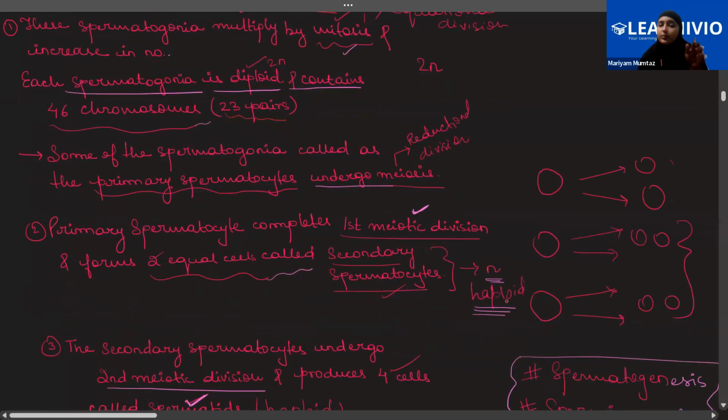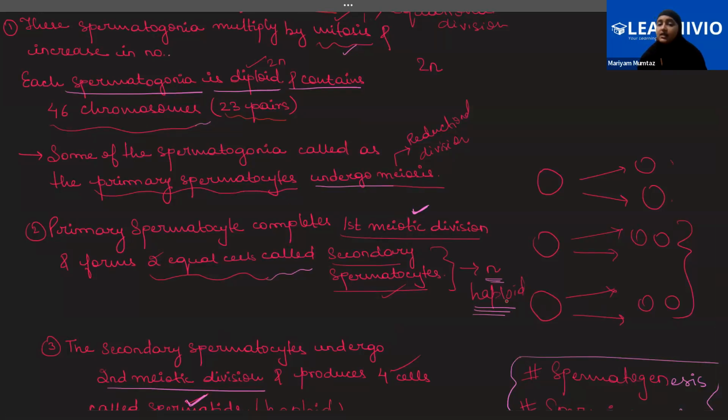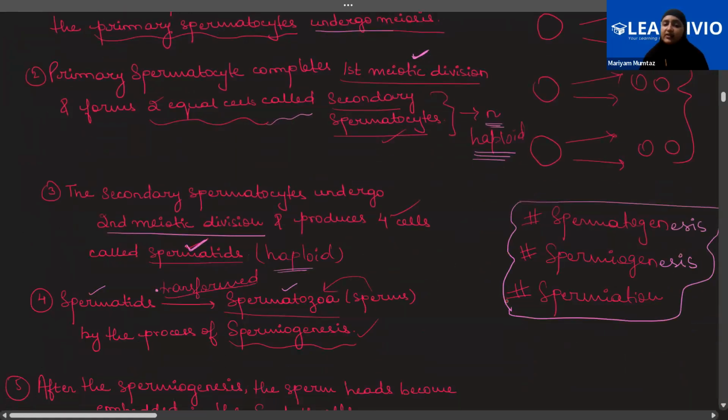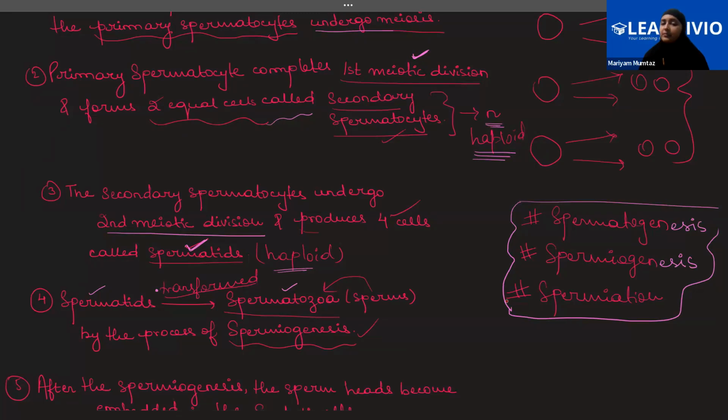But when the primary spermatocyte gives rise to the secondary spermatocyte by meiosis, the secondary spermatocyte becomes haploid. Later on, this secondary spermatocyte undergoes the second meiotic division and produces 4 cells known as